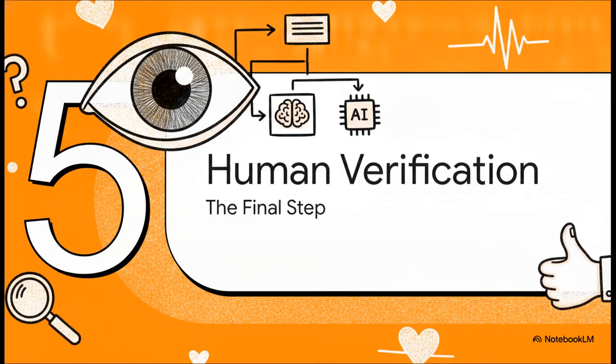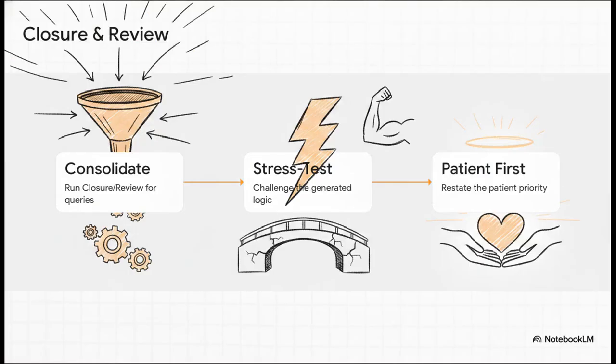Which brings us to our final section, Section 5, the human verification step. After you generate your various clinical pathways, you don't just walk away. You run a closure step. This consolidates everything you've generated so far and lets you stress test the AI's logic. In practice, that means checking things like, did the AI misinterpret a subtle symptom? Or did it hallucinate a clinical guideline before you move forward? Crucially, it also forces you to restate the patient priority. It re-anchors all of this high-level academic querying back to what actually matters to the real human at the center